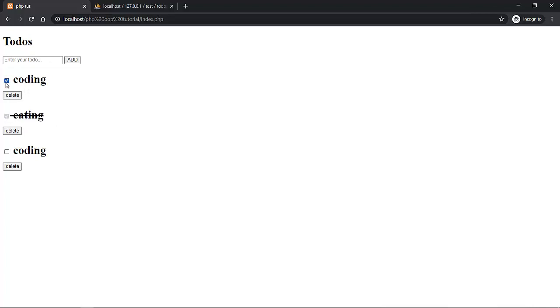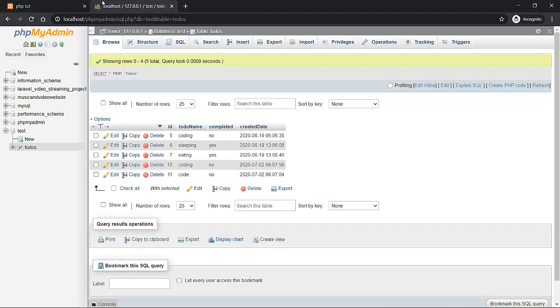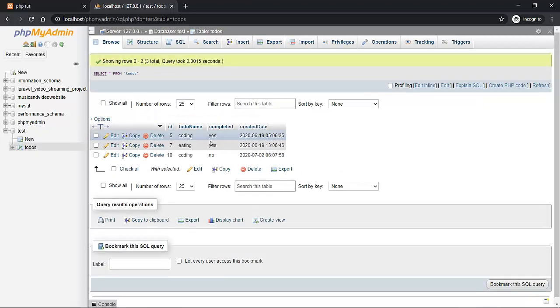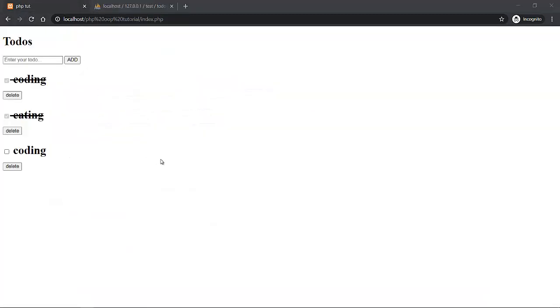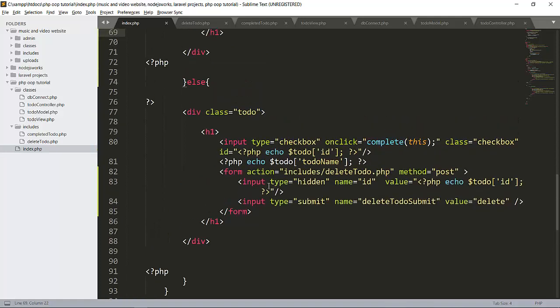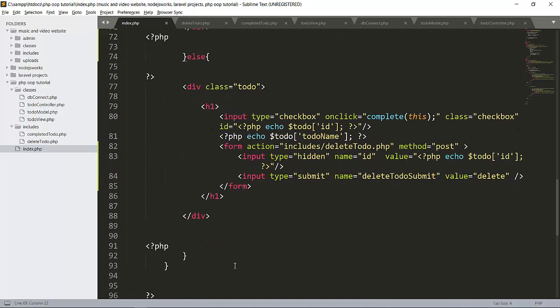But whenever we click here, see, successfully updated, click OK. See that the strike through goes here and this is disabled, and this click is not working, and the delete option will work here. See that, and when I reload this now, see that completed is yes here. Otherwise, else it will not strike through that.